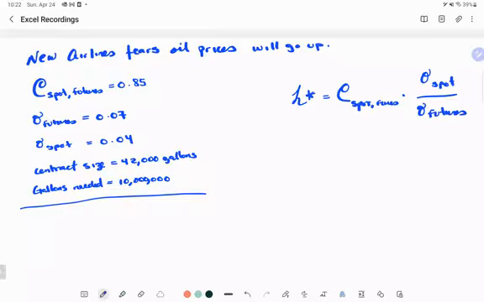So number one, this is going to give us basically how many futures we need